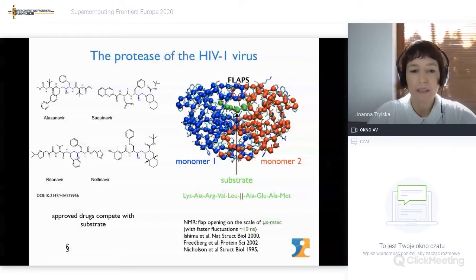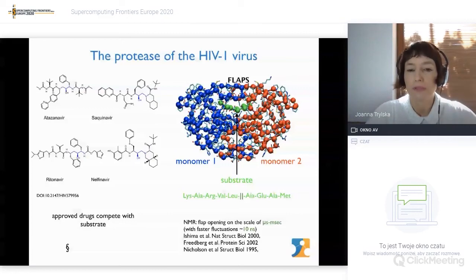These approved drugs compete with the substrate, and the substrate is shown in green in the active site, in its binding site. The enzyme is quite small, but what is important is that on the top, covering the substrate, you see the so-called flaps, and these flaps are quite mobile. Many years ago, some NMR data suggested that these flaps move on a sub-nanosecond or nanosecond scale,